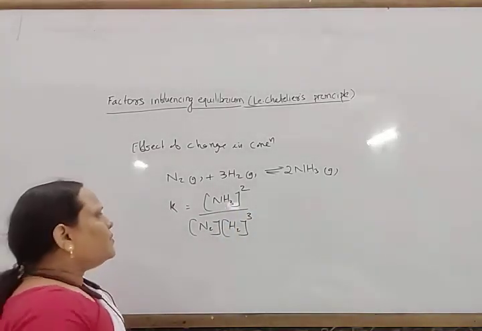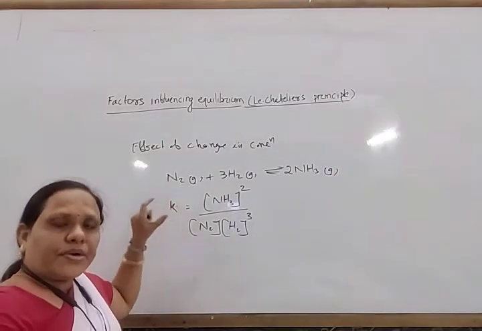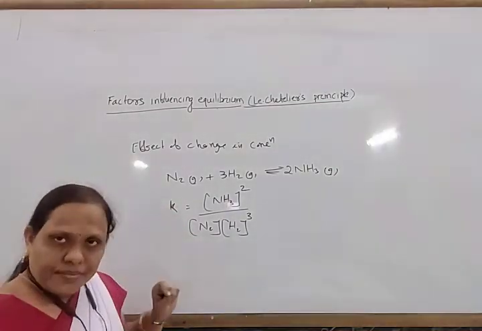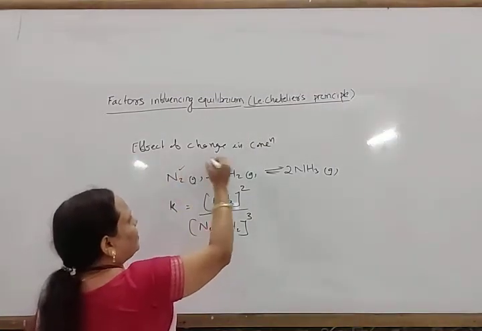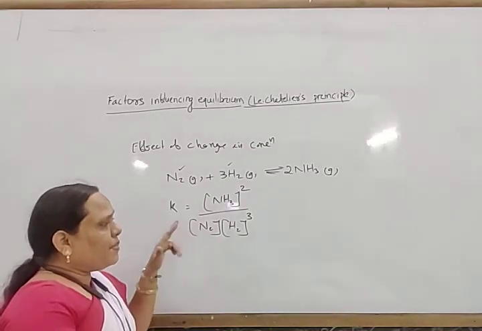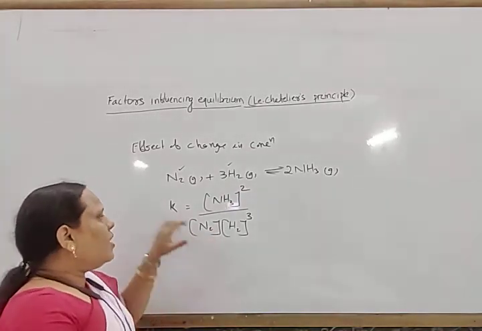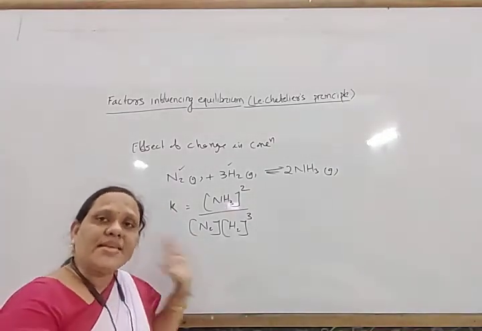You know that the equilibrium constant is constant for a particular reaction at a particular temperature. Suppose we want to change the concentration of either N2 or H2. Then what happens? If we increase the concentration of N2 and H2,